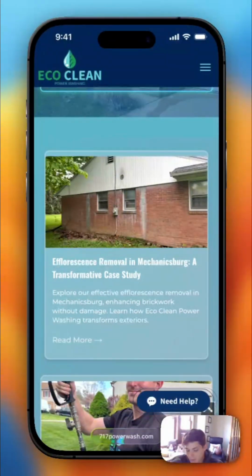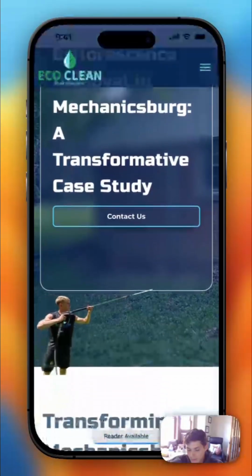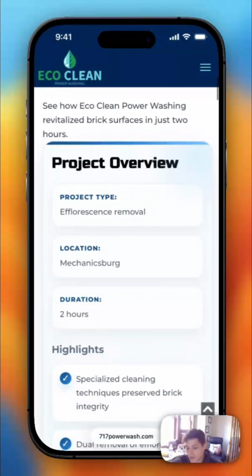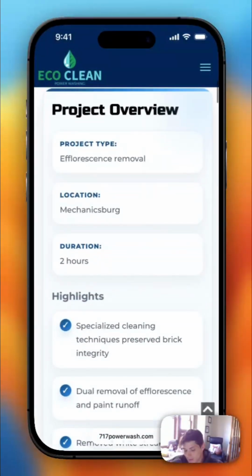Efflorescence Removal in Mechanicsburg, a transformative case study. So let's click into it. You can see it's got the background image, the title, and then here's the project overview. You can see project type, efflorescence removal,